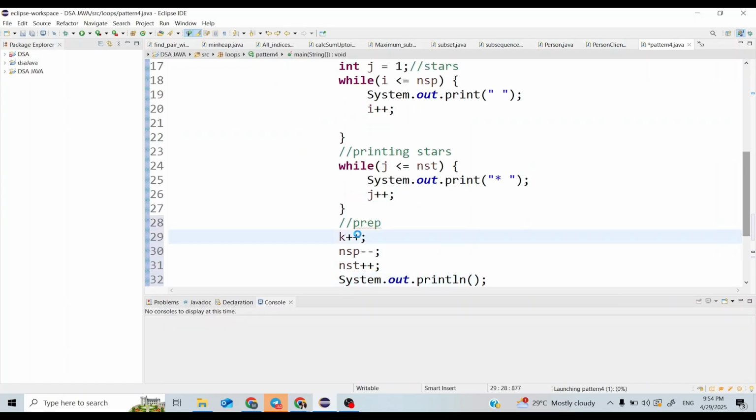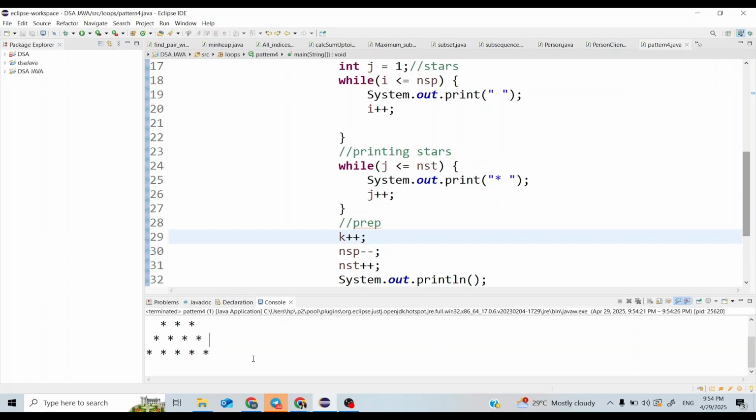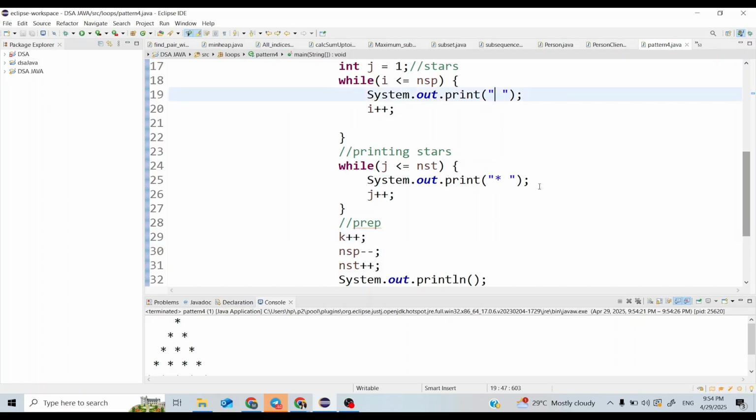And if I now run this, this is the output I am getting. Why so? A very silly mistake is there. See what mistake we made. Here I have given only one space. If I give two spaces and now run, now I'm getting the correct output. Because one space will come here, above this space, and one space is this one.